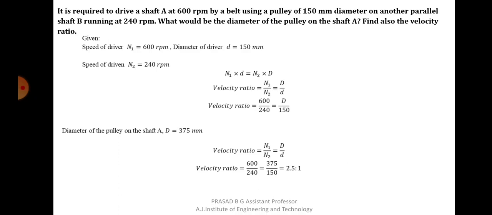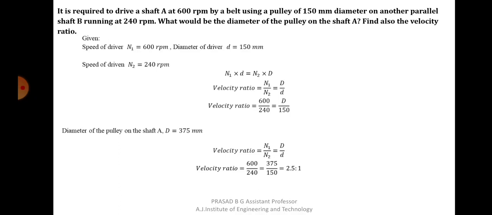So what is given here? See these things, whatever we have written here, it's easy when I say given these things. But when you read the question, how will you be able to understand what is given? See, the question is just in the form of a statement. So you should know what is given. N1 is given, N2 is given, or D1 is given, or D2 is given. That is what you should understand.